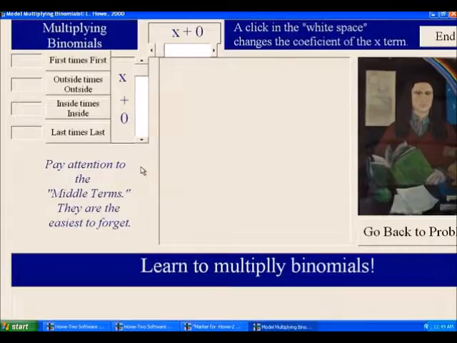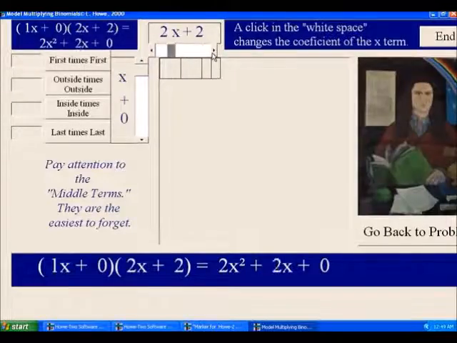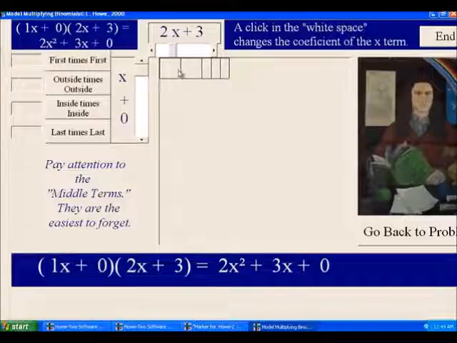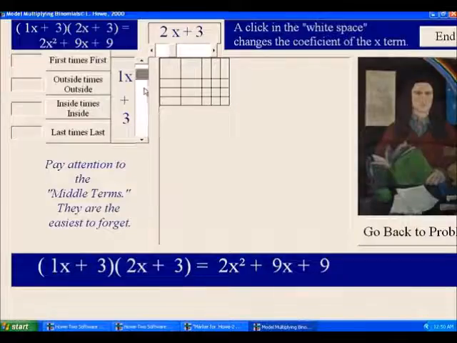And I made these electronic manipulatives so that if we wanted to have, let's say 2x plus 2, no, 2x plus 3. 2x plus 3 could be modeled by these two squares for each of the x's, and then plus 3, these rectangles for the numerical terms, times, let's say an x plus 3. Then if we did first times first, we would get